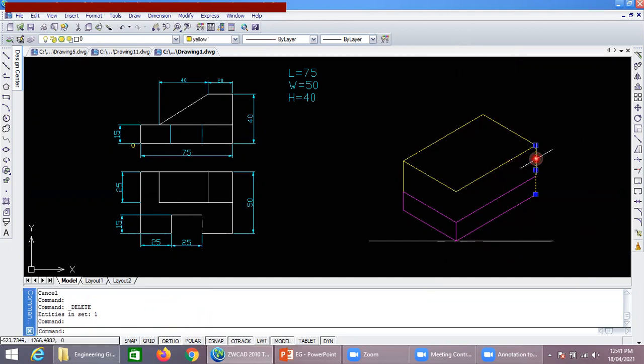Now we already know that this part is a wedge, and it is from the leftmost end. It is from the back end and it is extended up to 25 mm. So let's draw it.